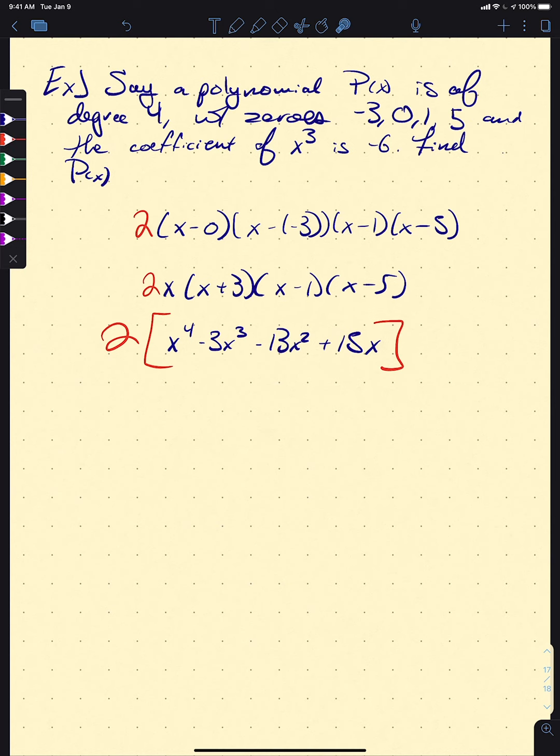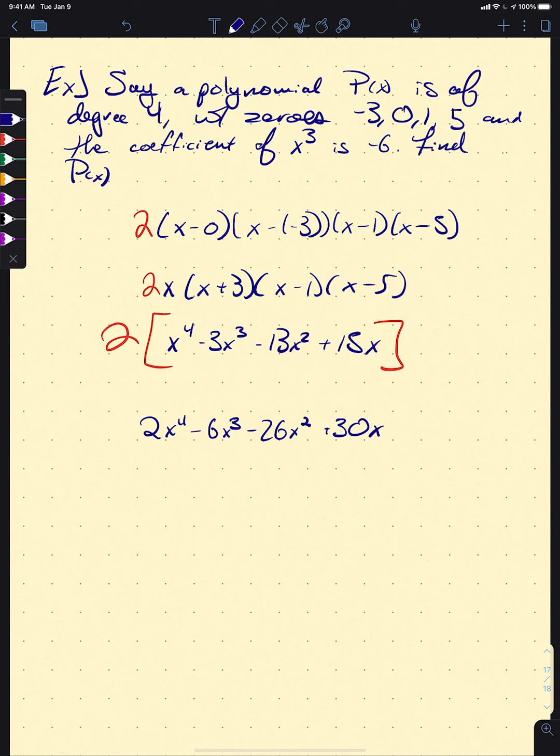And as I just sort of said, this representation of a polynomial, it's different than the original polynomial we wrote down, sure, but it's still a degree 4 polynomial with these zeros, right? So it's perfectly valid. So when we distribute it, we get 2x to the 4th minus 6x cubed, minus 26x squared